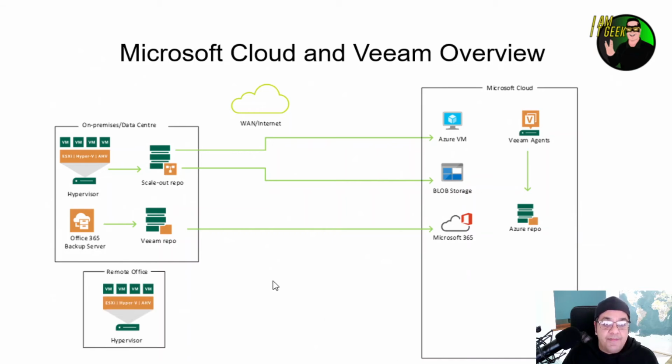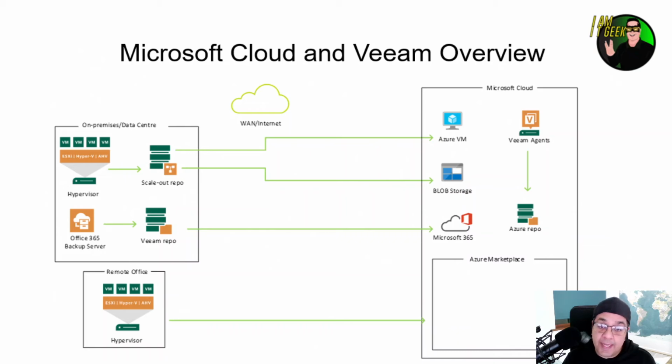So we then have remote office workloads, where again you might have some sort of hypervisor, but not necessarily the other on-premises resources to accommodate the storage needs to host your backup repositories. So this is where you can utilize the Azure Marketplace and host those resources in Microsoft Cloud. So you can host Veeam Backup for Veeam Cloud Connect, Veeam Backup for Microsoft 365, Veeam Backup and Recovery Console on a Windows server,